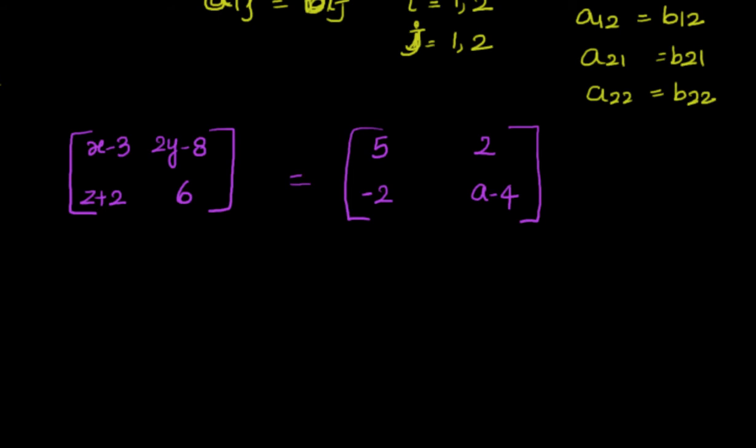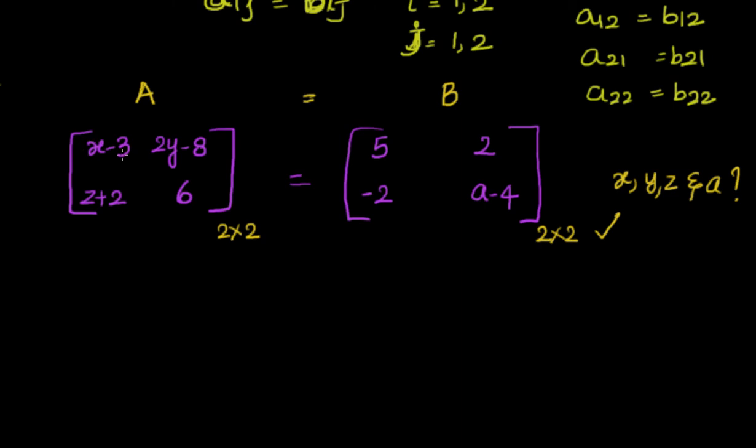Now this is what is given to us. We have been told that there are two matrices. Let us say this is matrix A and this is B, with A equal to B. Then find out the values of x, y, z and a. Whenever we have been given equality of matrices, first both of them should have the same number of rows and columns, which is satisfied here because there are 2 rows and 2 columns in each.